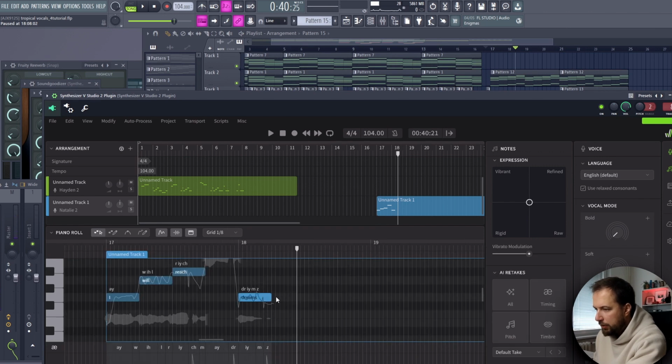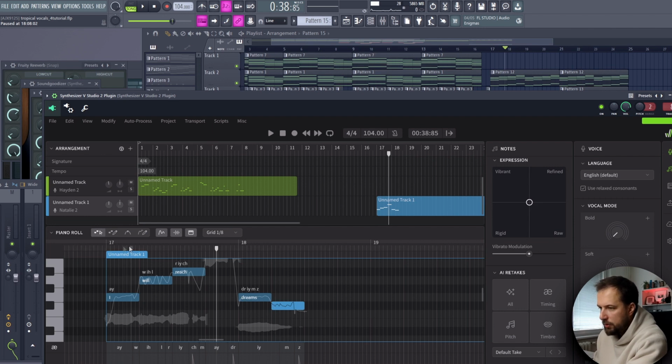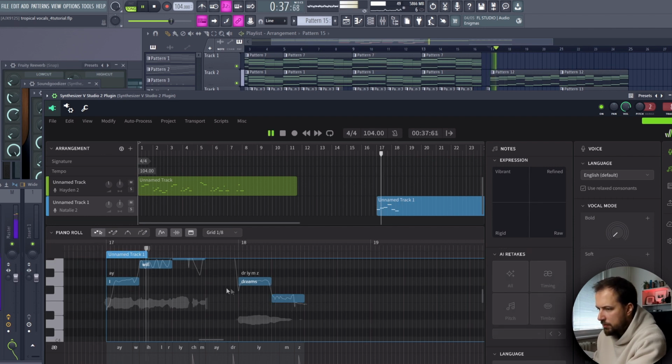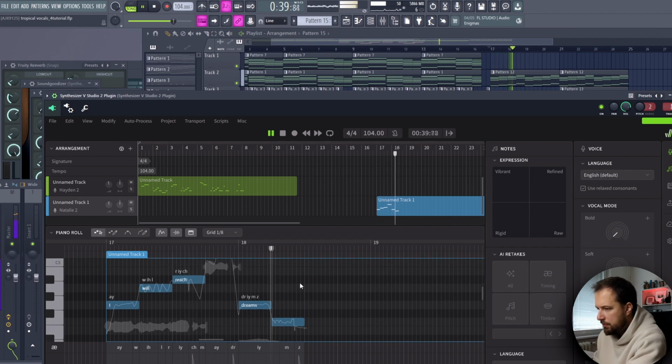And another cool thing you can do, you can like extend any word like so. So dreams, and then put a minus sign in here. And then it's gonna continue the word in a different note, like this. I will reach my dreams,